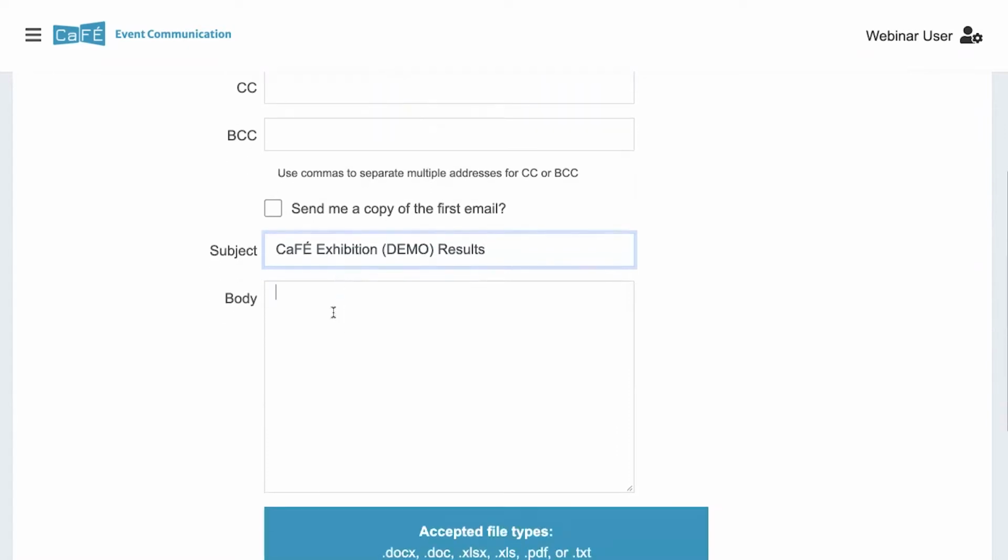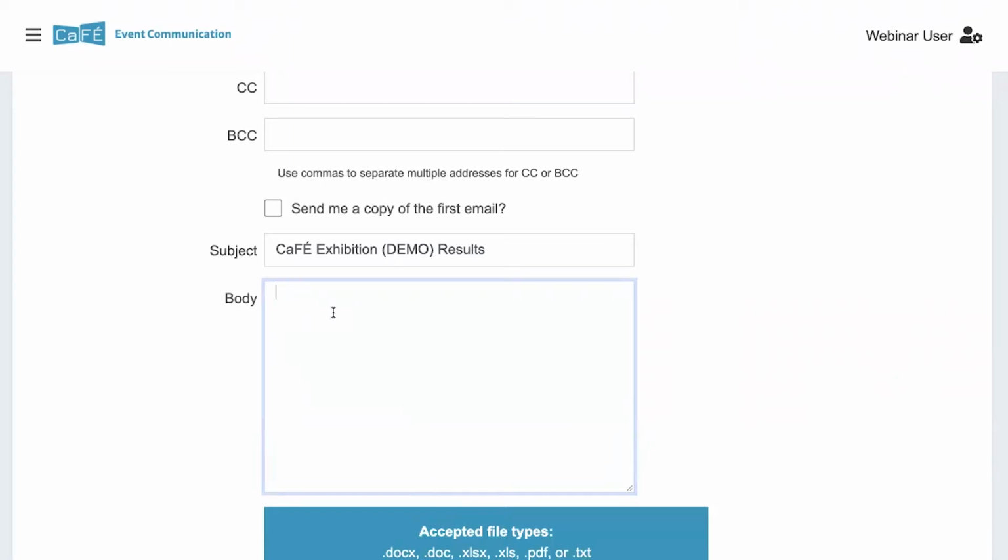And in the body here, what you'll want to do is copy or paste or maybe type out a message that is somewhat generic to the artists that are not invited. So when the email is sent, it will auto-populate the artist's name, the username, and the status of their entries, which we'll go over more later. But you'll want to make this message a little bit generic since you're sending it to an entire batch of